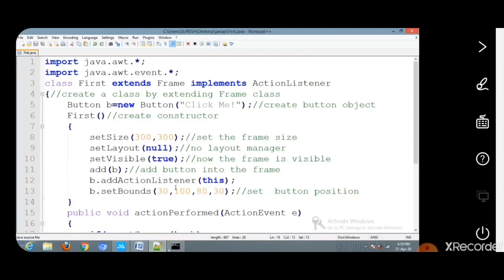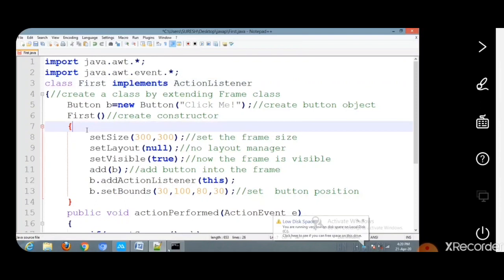Instead of that, we have to create an object corresponding to the frame class. We can see the method for the same example which we already explained. So in this program, small changes are required. Here we do not extend the frame class, we just create an object corresponding to the frame class.